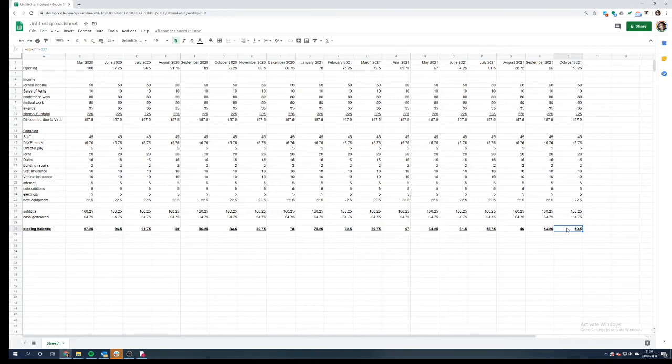Then we looked at other things like, what if everything happens as we think it will? Okay, that's great. We're totally fine. We don't adjust anything. So it's good to maybe model different scenarios and be clear in your own mind as to how things are going to get done.